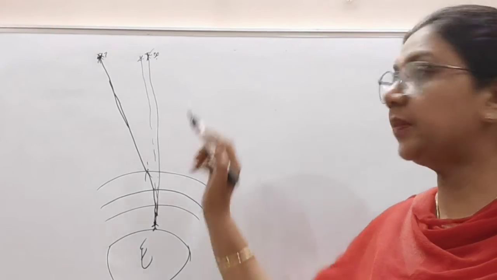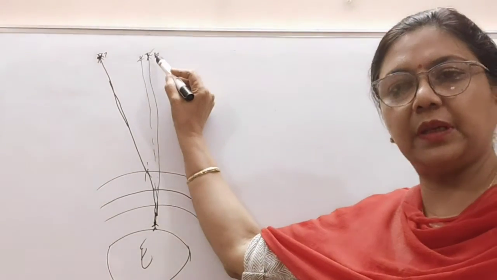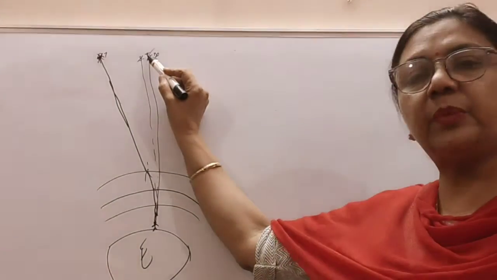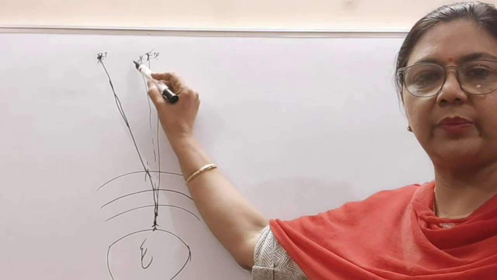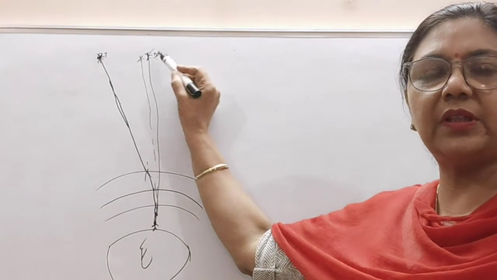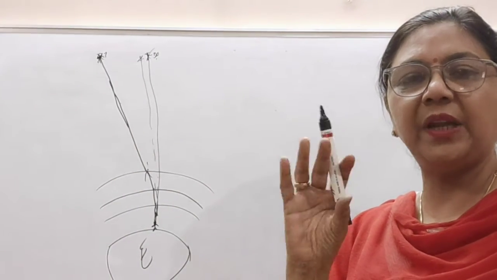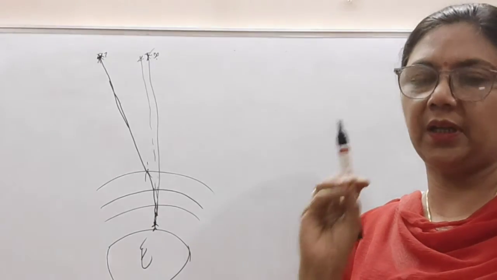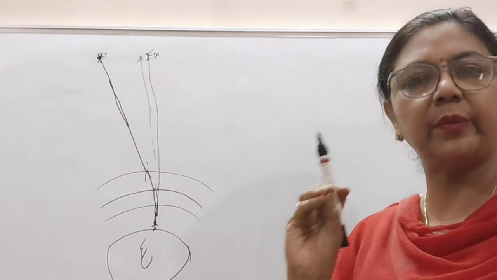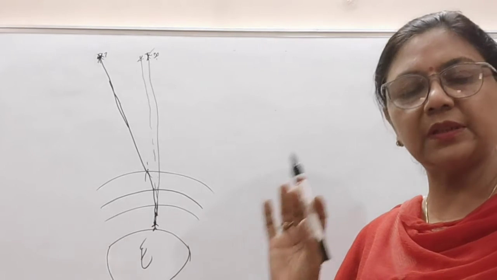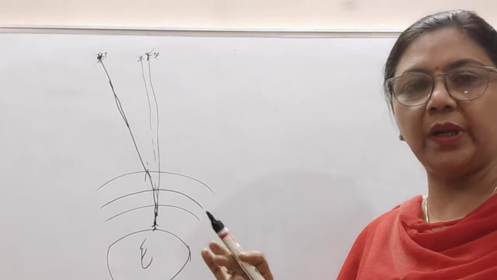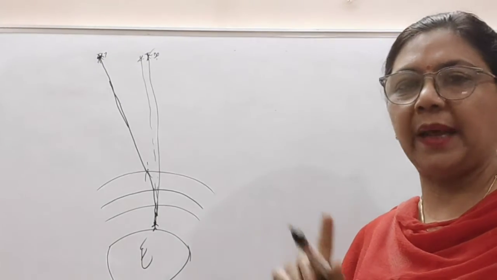Because of that, sometimes the star seems as if it is here, sometimes here, sometimes here, and sometimes again here. So this creates the blinking, or you can say twinkling, effect in our eyes. So this is the case with the twinkling of stars. But the planets do not twinkle.